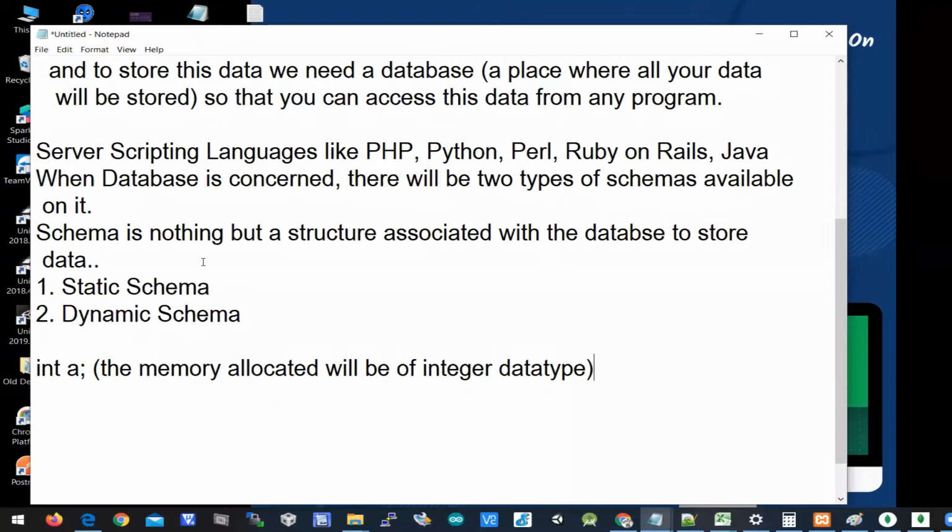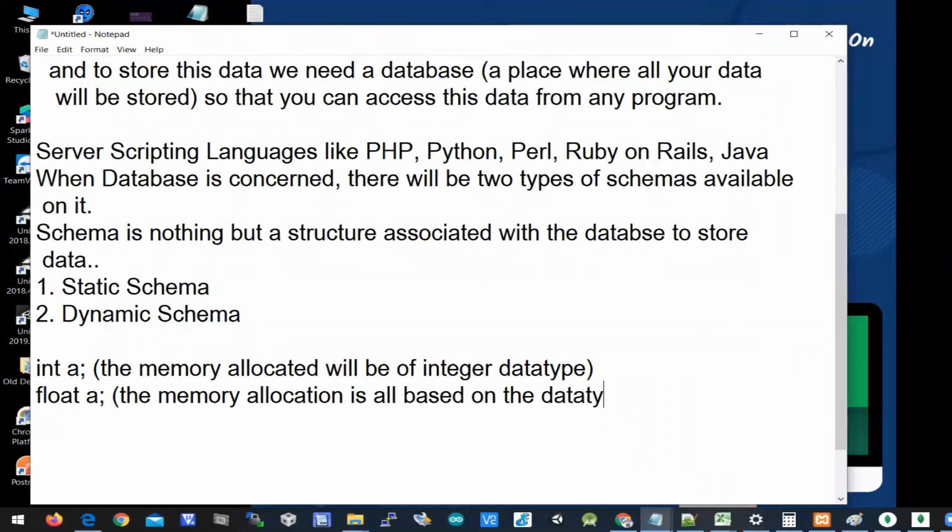When you say float a semicolon, it means that the memory will be allocated as float data type here. So the memory allocation is all based on the data type that you mention here.